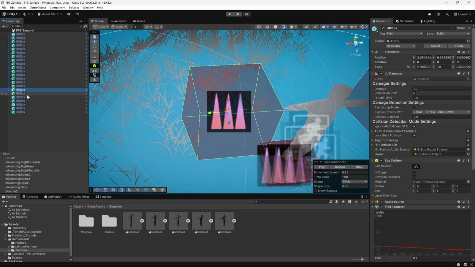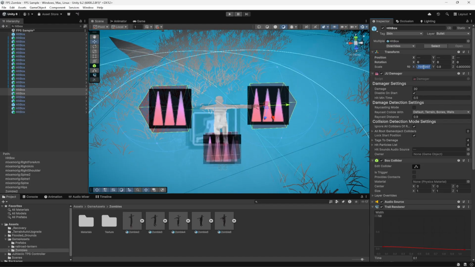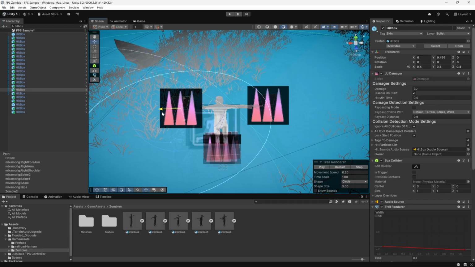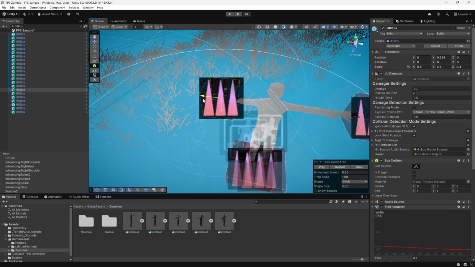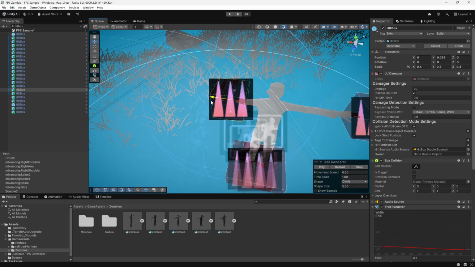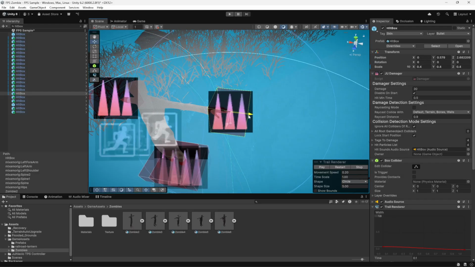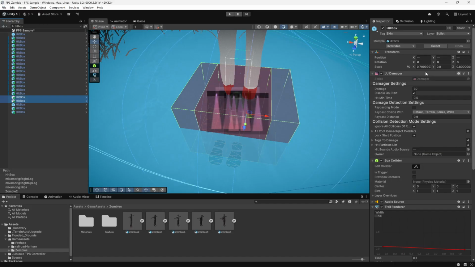Alright, let's now select this zombie, which is right here. So 4, 4, and 4, and then I can't see this hand. Okay, so for this one we will move it right here, because this zombie has one hand which is cut in the middle. Alright, and for this one we're just gonna leave it right there. Then for the feet,